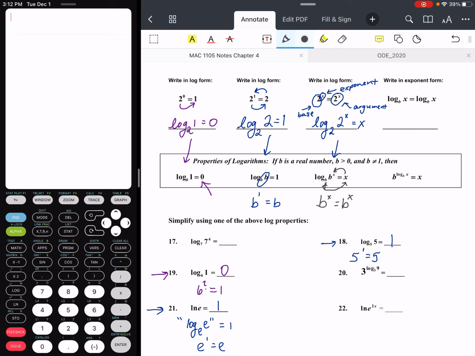Of course, it says the same thing on either side. But again, what we're looking for is when the log base and the base of the argument match, then we get that exponent out as our log. Remember that a log is an exponent. So if we take a look at example 17, log base 7 of 7 to the 4th equals what? Applying that property,